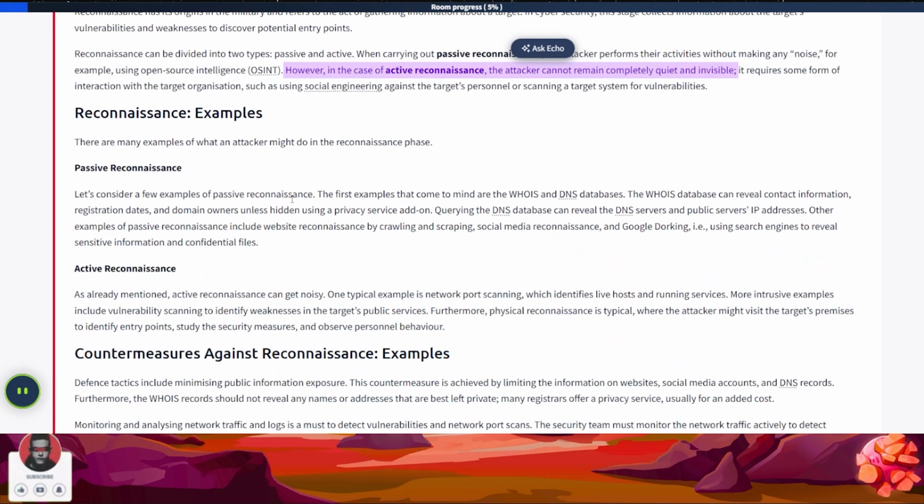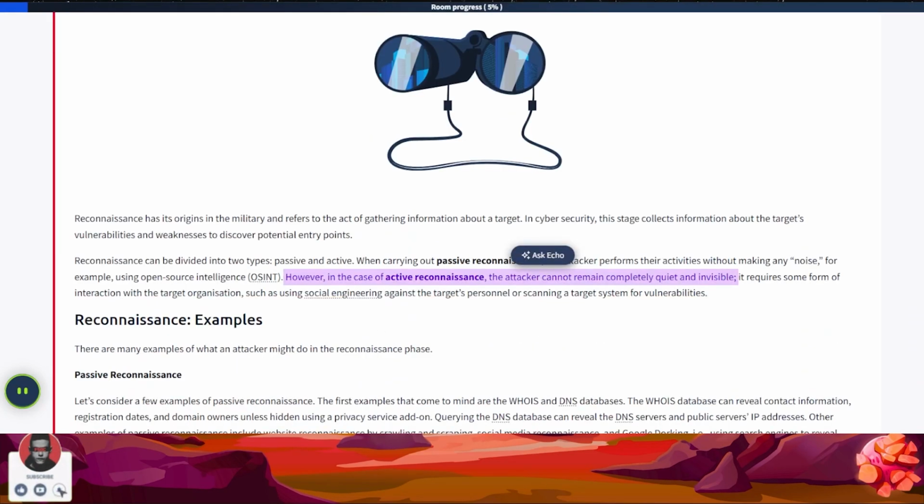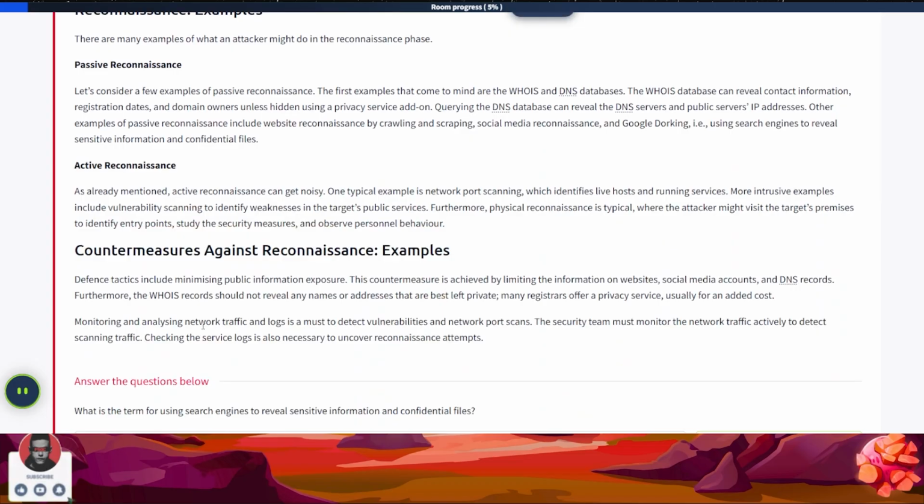Okay, we have learned this in Cybersecurity 101 for sure. Wait a second. So